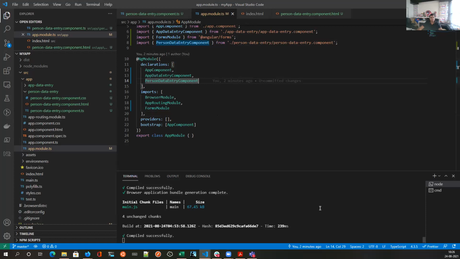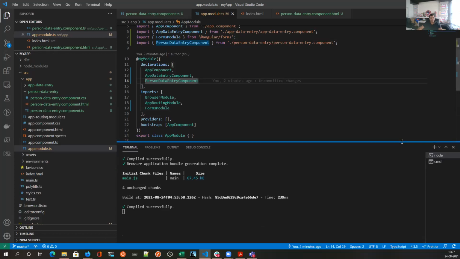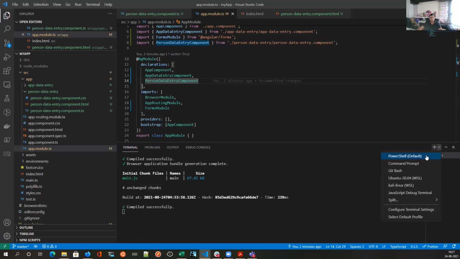PowerShell has its security constraints, so it does not allow any random script to be executed. That's why there is a problem. There is a workaround, but I won't recommend it because it opens your system to other security attacks. So it is preferable that you use CMD. Within Code itself, you can use CMD. If you see the plus sign over here, you can open the drop down and select any shell that you want. PowerShell is the default one, but you can always put a command prompt here.